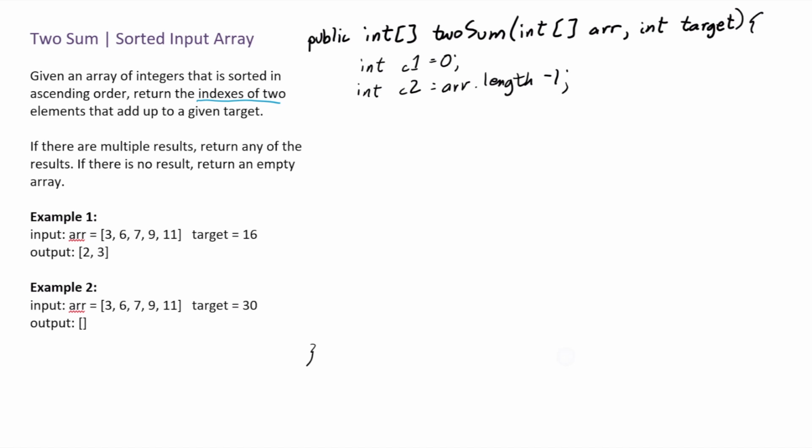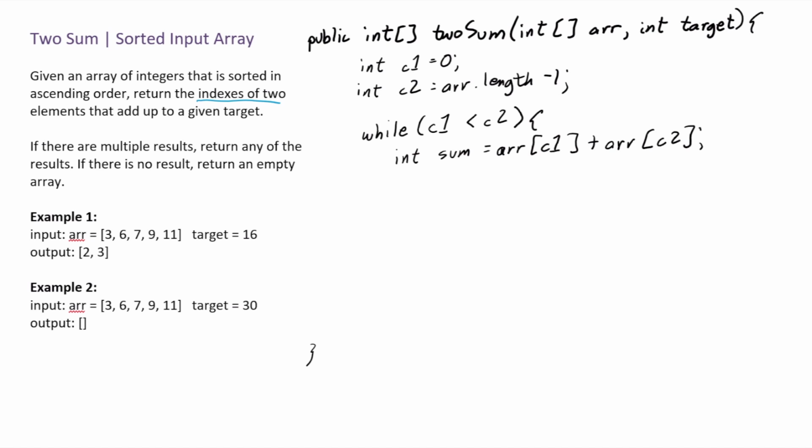As we mentioned earlier, as long as C1 and C2 are not pointing to the same element, we can still continue looking for the pair. So that's why C1 should be less than C2. All right, and then let's take their sum. The sum should be array[C1] plus array[C2]. If the sum is greater than the target,